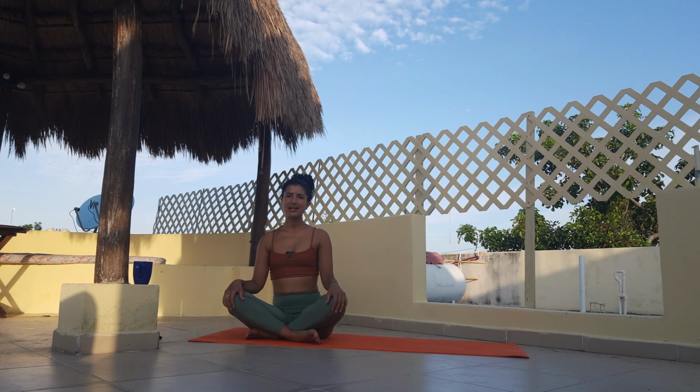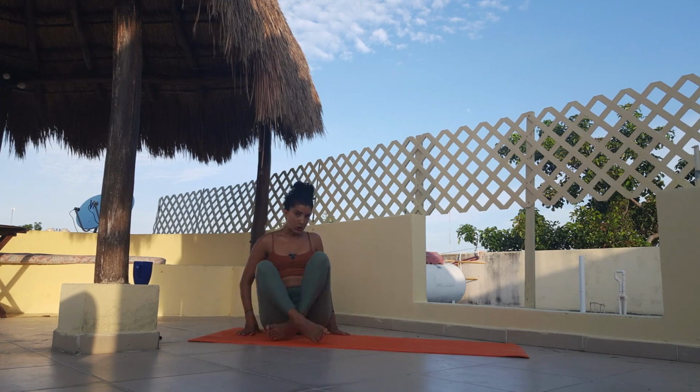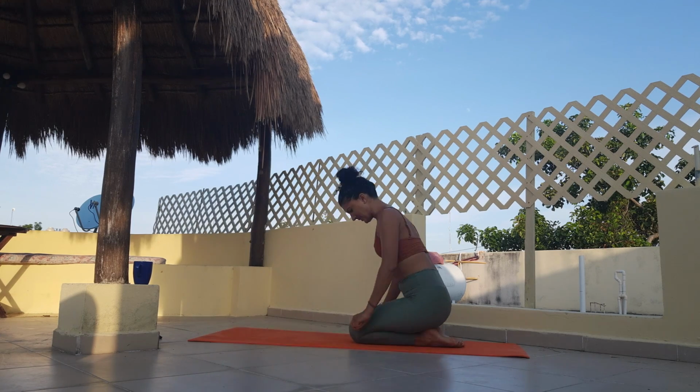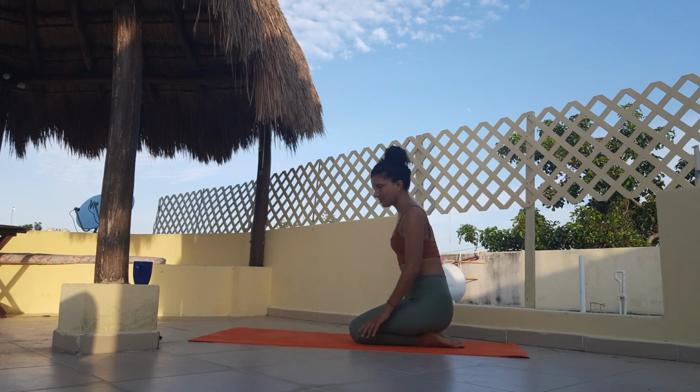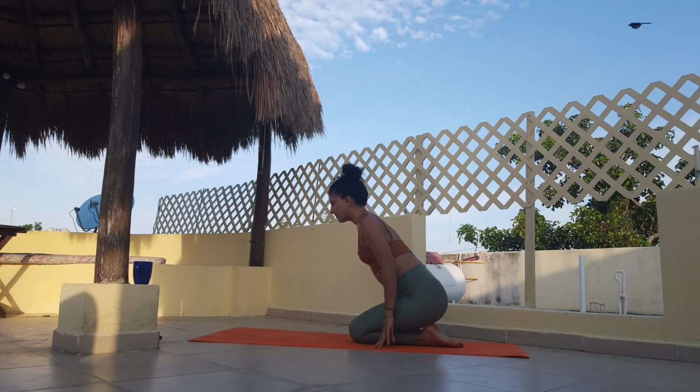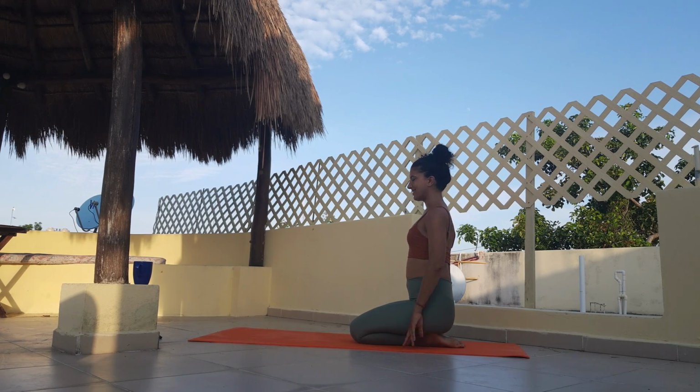So I invite you to come on your knees to start this practice today. So sitting on the knees. If it's not accessible for you, you can also sit cross-legged or eventually put a cushion underneath your bottom or your knees. Hands on your legs, palm of your hands facing up, closing your eyes here